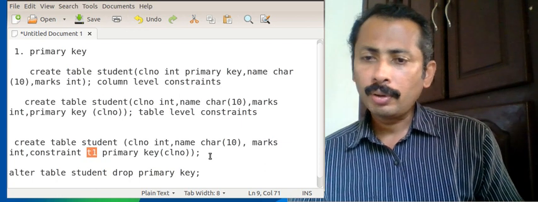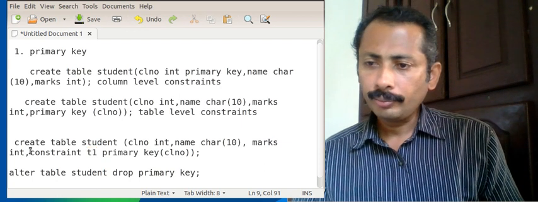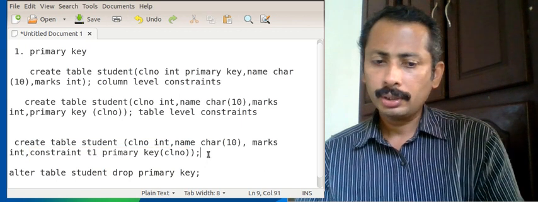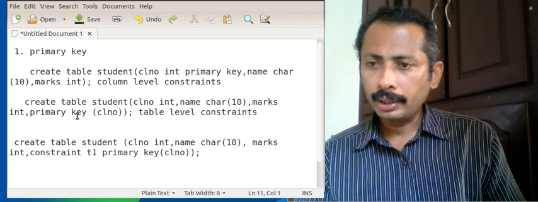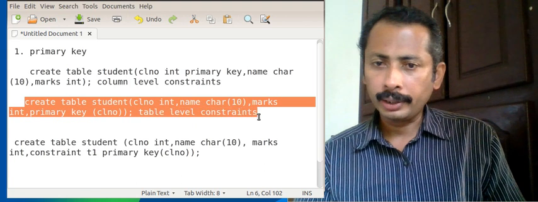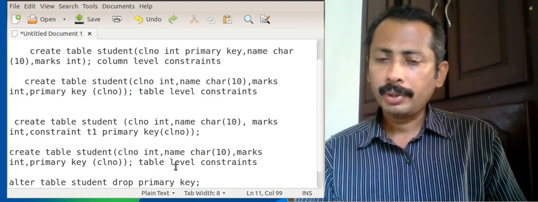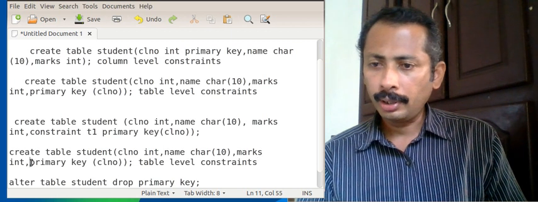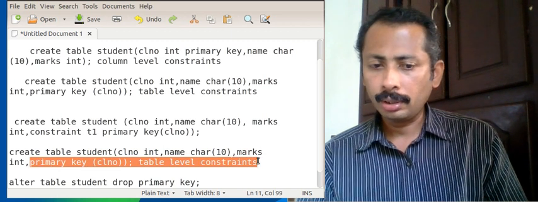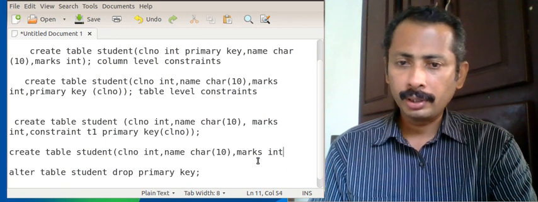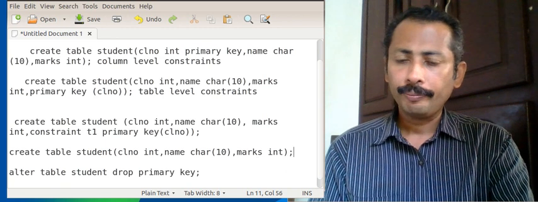And one more method is that I can do it like this also. I have created a similar table like this, control C, control V, without setting a primary key. So there is no primary key set for this table now.